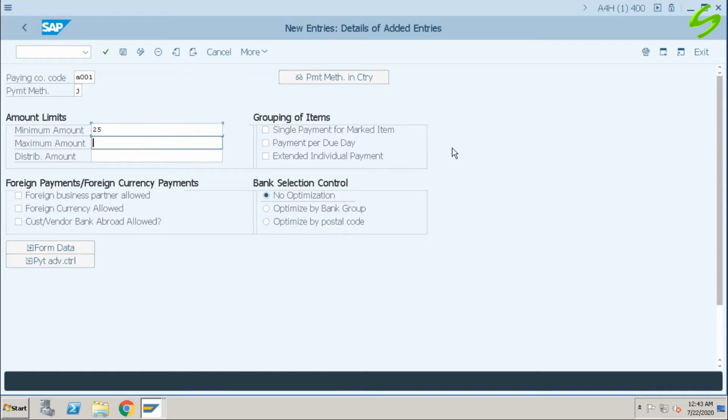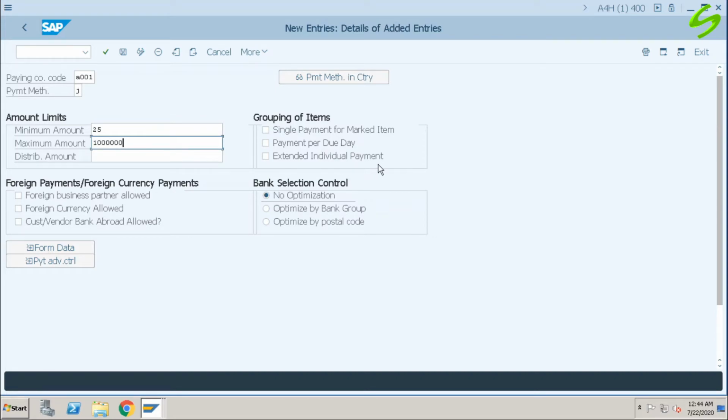Minimum amount as 25 and maximum amount I can give anything. So for example, in my company I want to give 1 million.